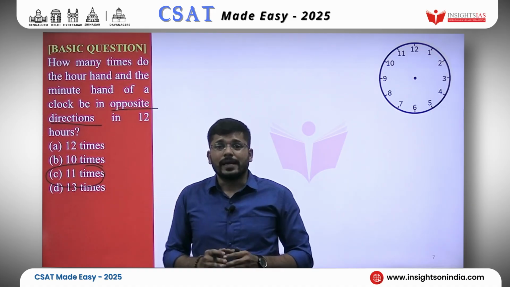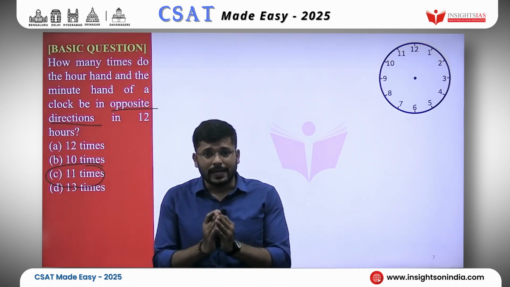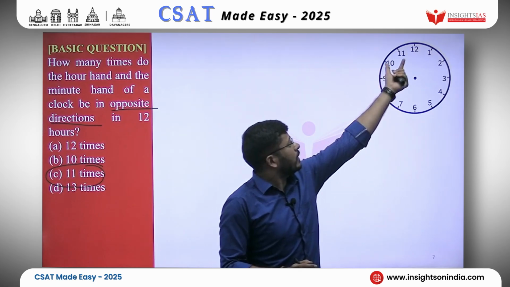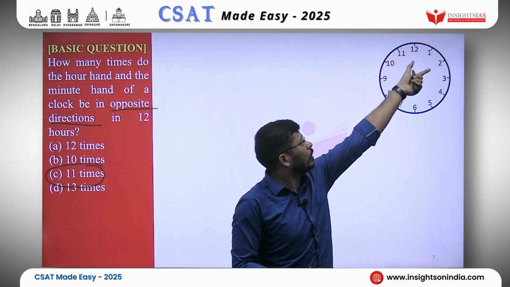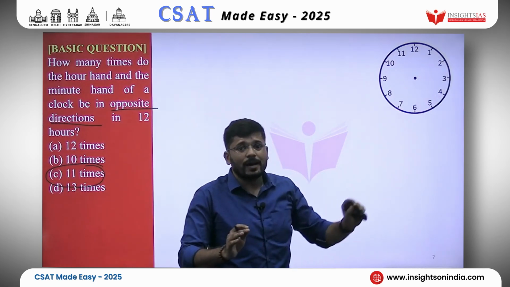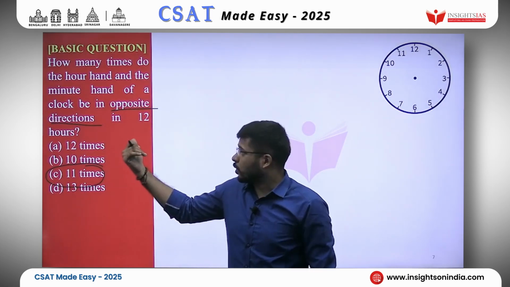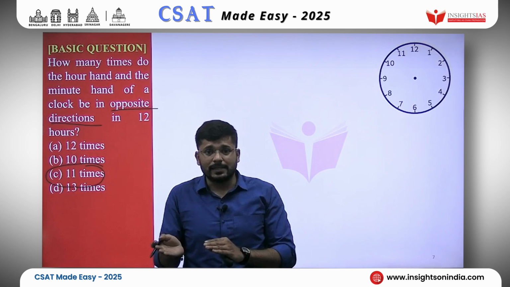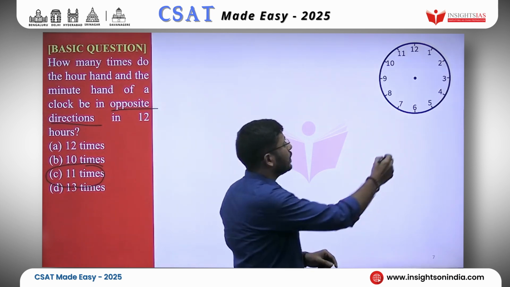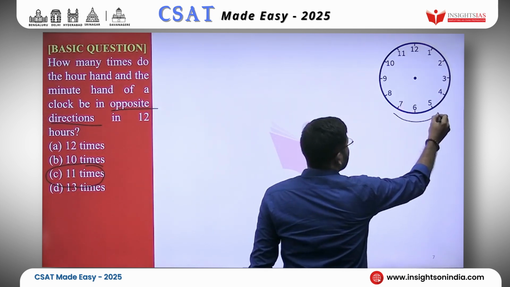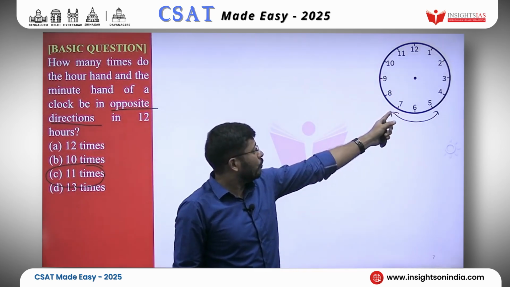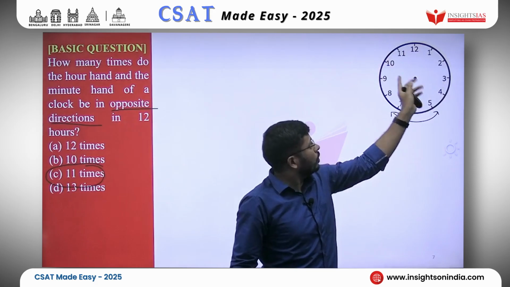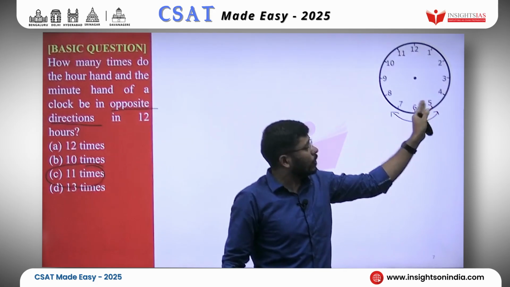The hour hand and the minute hand being in opposite direction happens between every 2 hours, 11 and 12, including 11 and 12, 12 and 1, 1 to 2, 2 to 3. However, when we are talking about them being in opposite directions, it happens only once between 5 and 7. The rest of the time, that is from 7 o'clock through 12 to 5 o'clock,